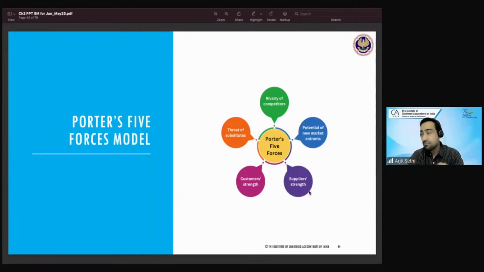A lot of people are fighting. There's a price war, a product war, a talent war. There is a lot of fighting between the existing companies. The rivalry amongst the competitors is huge. That is also highly competitive. Not a very lucrative position to be in because everybody's fighting. So if you get into that market, you will have to fight as well.